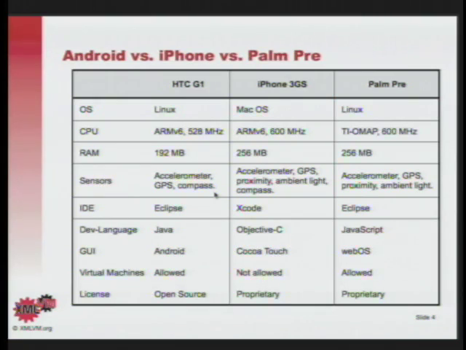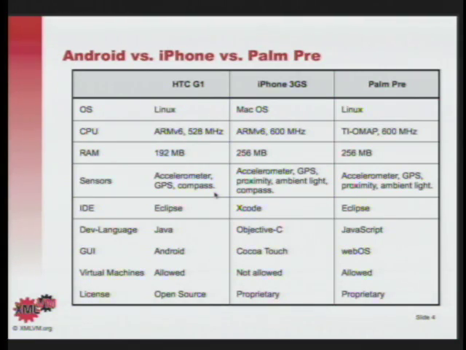But again, the important point on this slide is that if you look at the upper part, I give you a little background on the hardware details of the various devices. And you can see they're at least very similar. If I keep on adding more devices here, they probably will be the same in terms of speed, CPU, and RAM. But then if you look at the bottom half of this slide, you will see that they're actually quite different when it comes to how we have to develop an application for them.